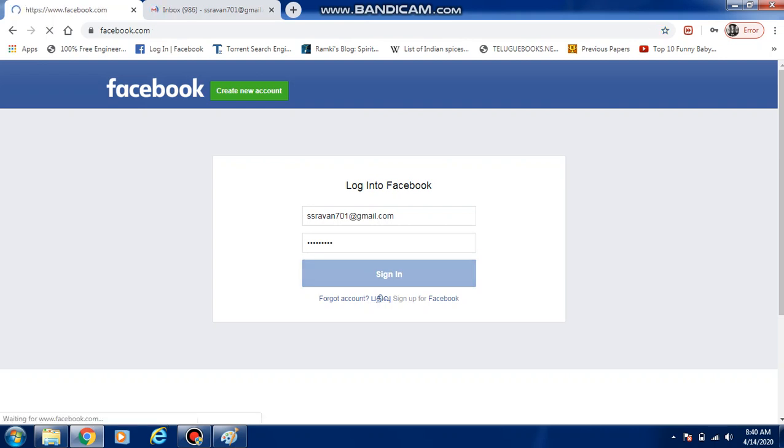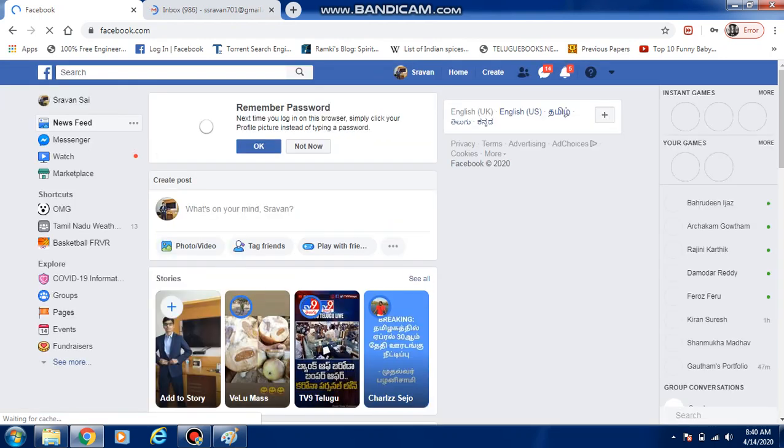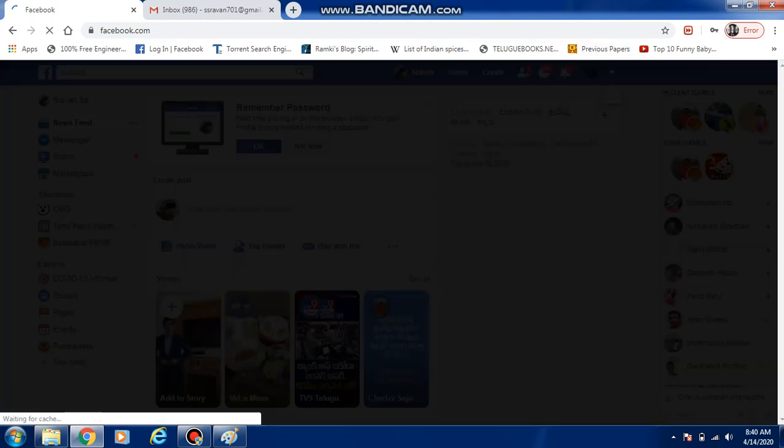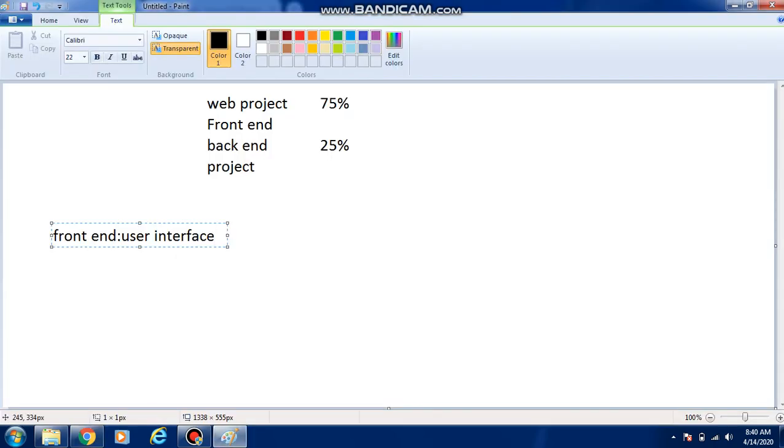Since both my username and password are correct, it will take me to my Facebook page. Now I am going to log out. So what is the front end? The user interface is called the front end. Whatever screen is seen by the user is called the front end.